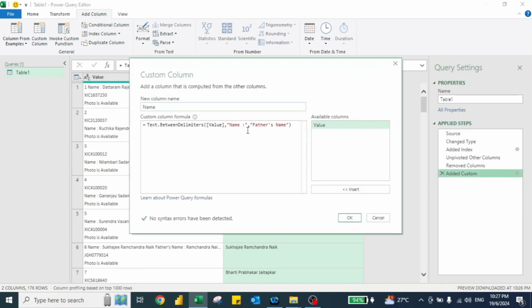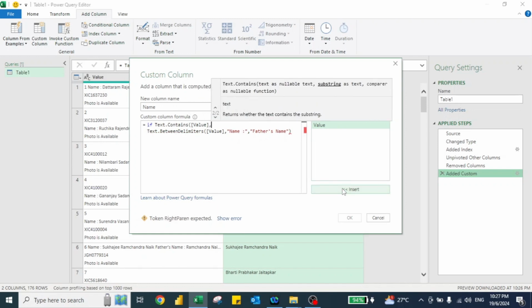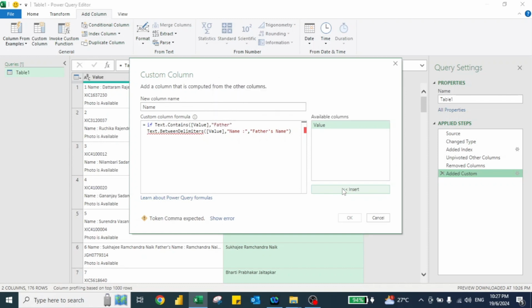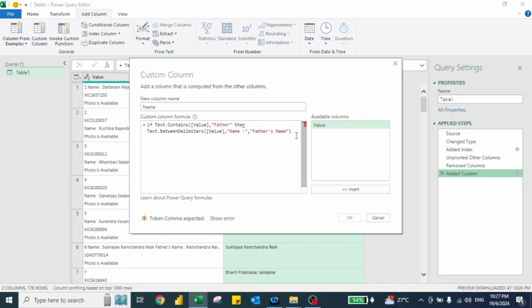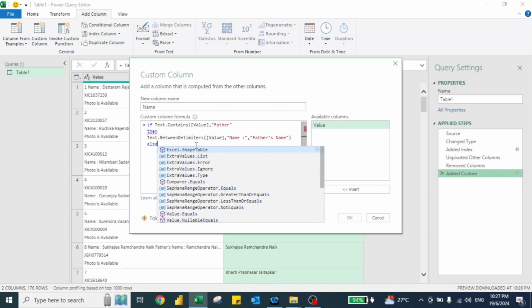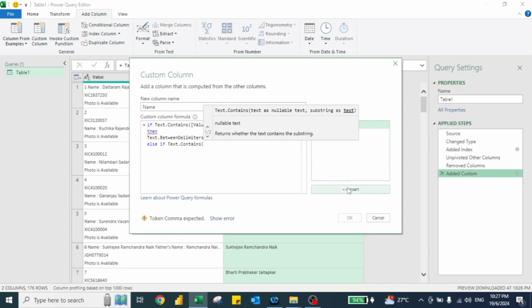In this case we are going to use the if then else formula. I'll click here again. We could use this if all the data had father's name, but as we notice, some data has the husband's name, and some also has the mother's name. So I'll put here if, and then Text.Contains. If the text contains, and the text is the column, then I'll put here father. If the text has the word father, then it should show this information. Otherwise, else if text contains the word husband,